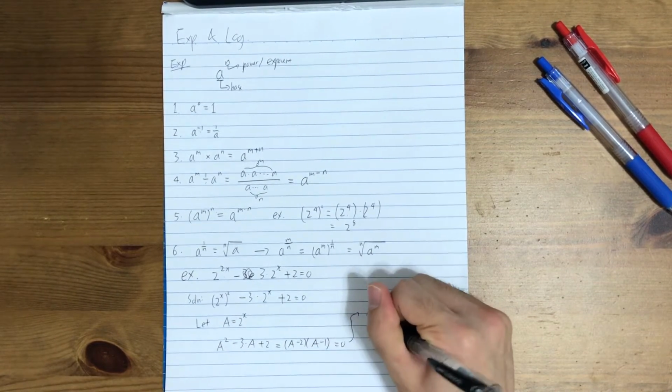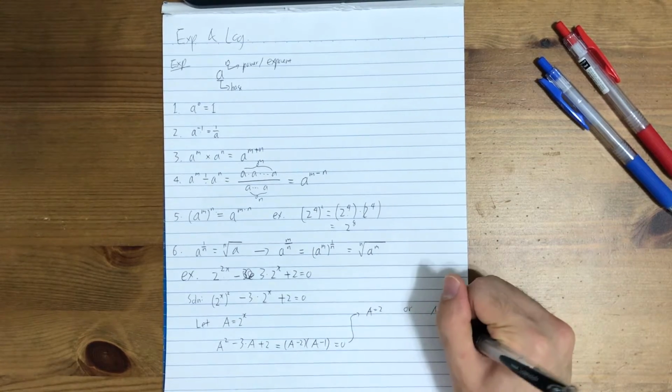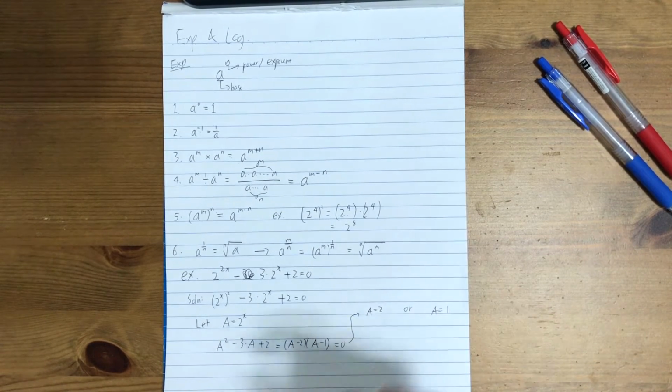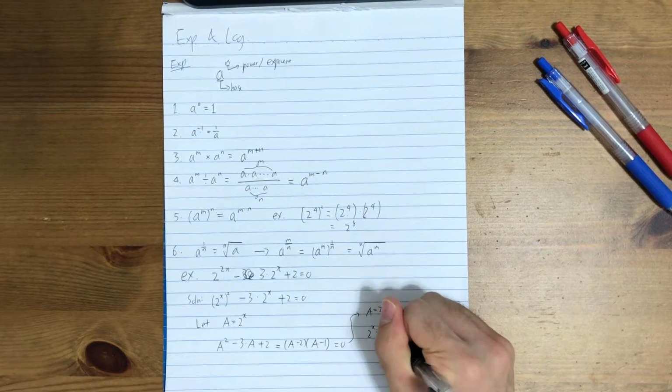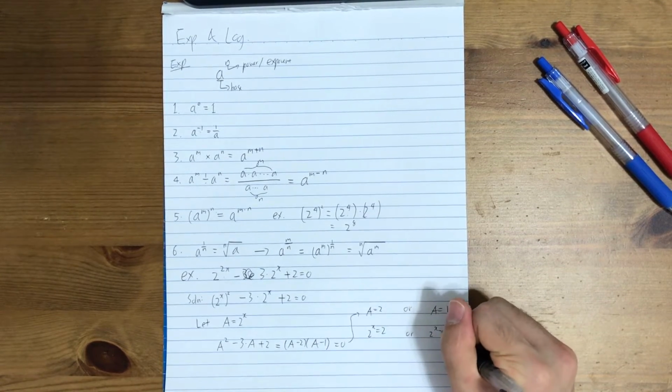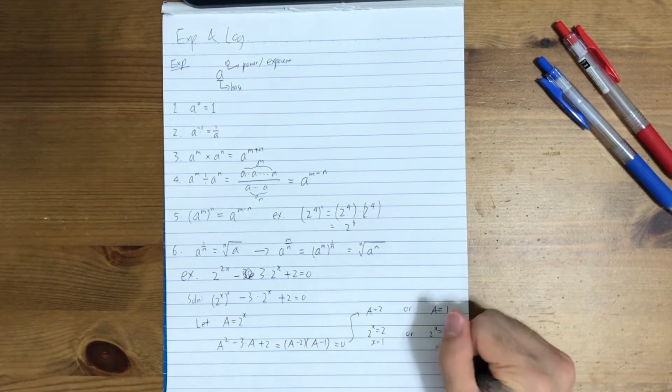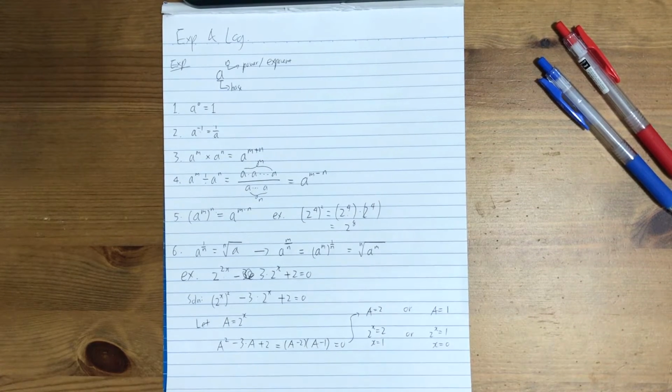So a equals 2 or a equals 1. But what's a? A is 2 to the x. So 2 to the x equals 2 or 2 to the x equals 1. So x equals 1 and x equals 0. But what if, so for another